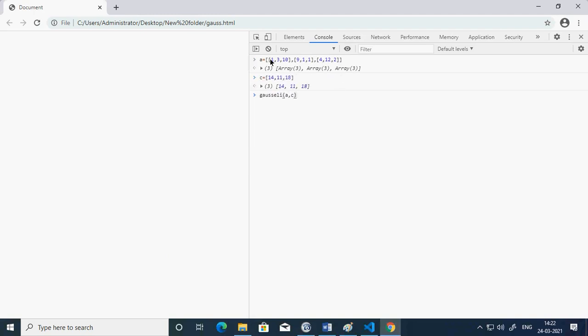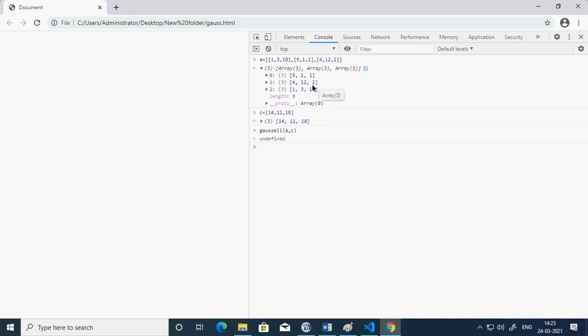P Gauss value. Okay, so I can check now. Previously my A was this, 9 1 this way. So it has changed now. Actually, it has done the pivoting. If you remember, what was A: 1 3 10, 9 1 1 and 4 12 2.